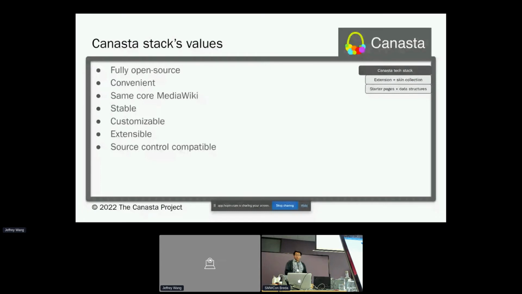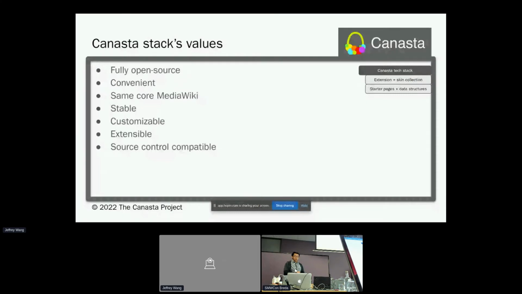Fifth, Canasta will continue to support all the customizations that anyone should be able to make to any standard MediaWiki instance. So what that means is if you are porting from a heavily customized MediaWiki instance, Canasta should be drag and drop for you. Sixth, Canasta makes good on our open source promise by introducing official ways of creating derivatives of Canasta